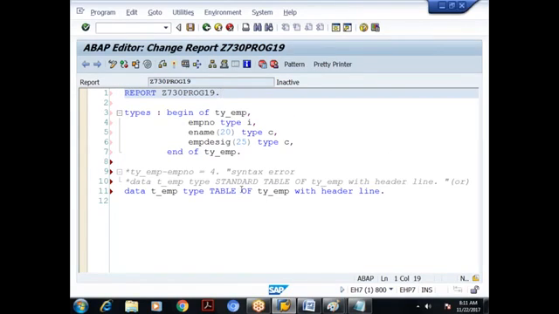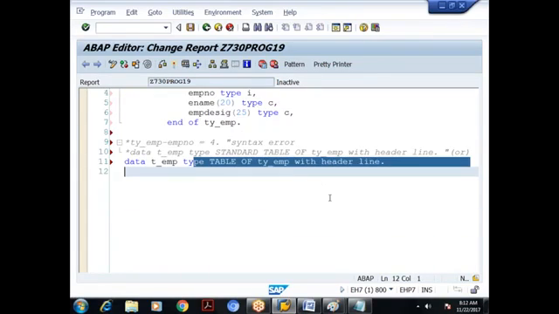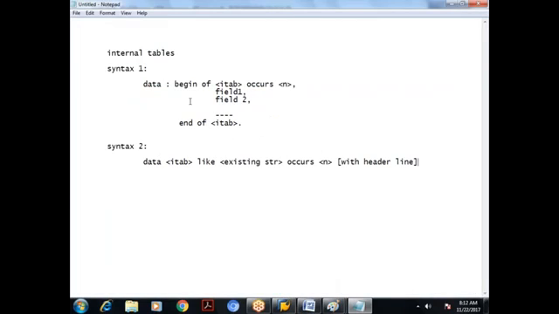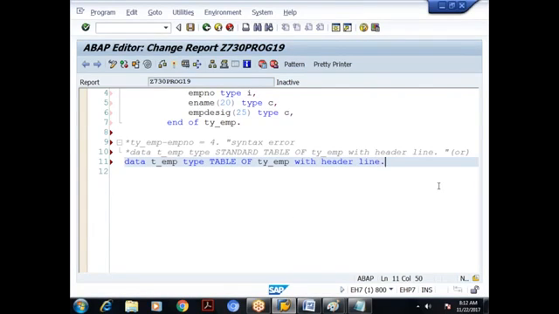What you have to understand here is, did I use the occurs statement anywhere? No, here I didn't use any occurs statement. But in the earlier two syntaxes, we are forced to use what? The occurs keyword, which will do what? Static allocation of memory. There is a possibility of memory wastage.